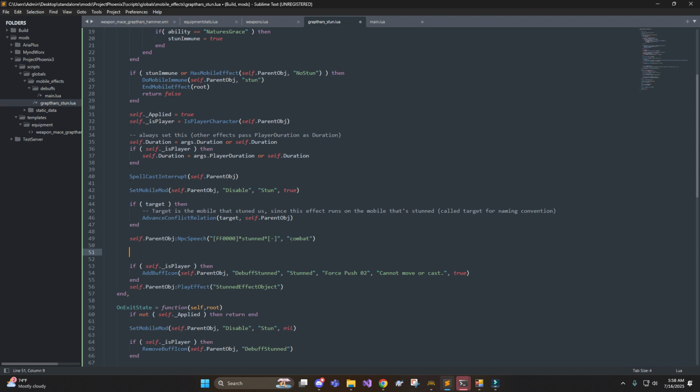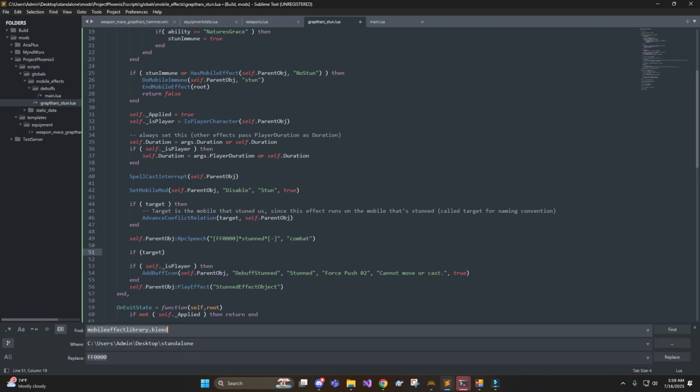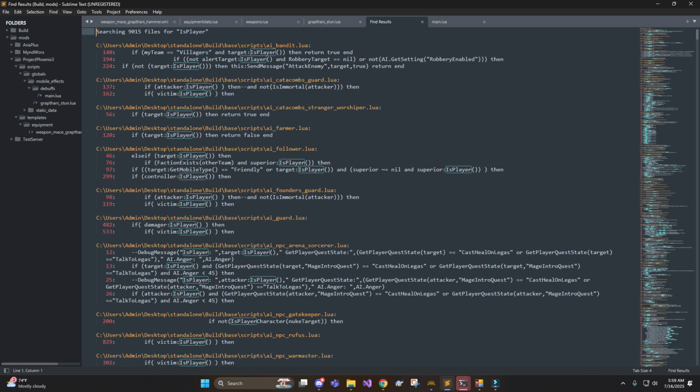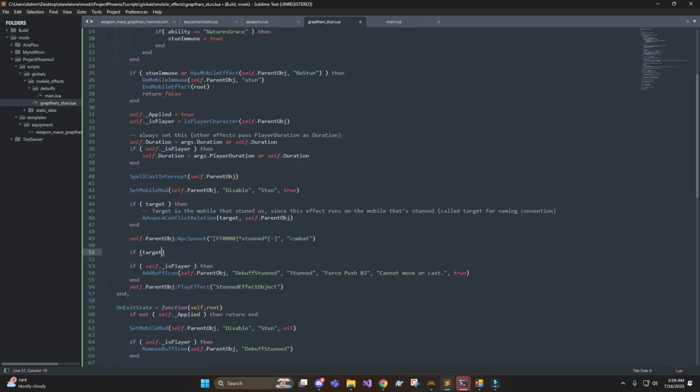Okay, so if the target, let's see, what's the function? I'll find it real quick. Is player. Let's see how that works here. Yep. So you can call the function that's applied to any object. Is it a player? So if the target is a player,